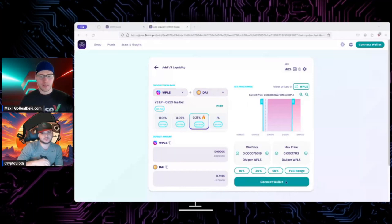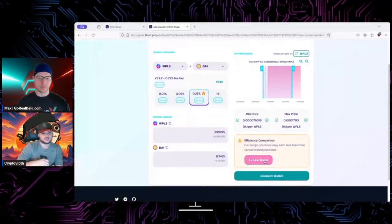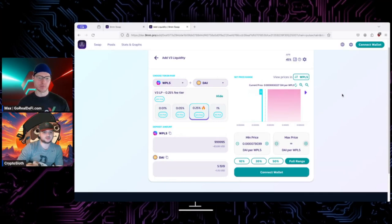So click that full range button right there. And then click I understand. Okay, now take that 0 and then pull it a little bit, pull it to where you want it to go. Yeah, so keep pulling it. Wherever you want it to be, like before. $5. Yeah. So now, what you've done is you're placing all the pulse, that 1 million pulse that